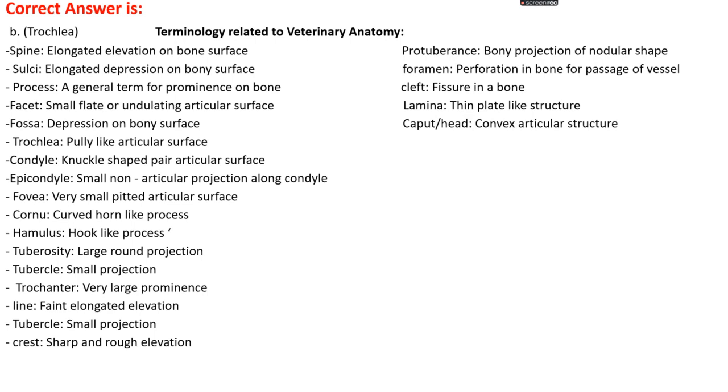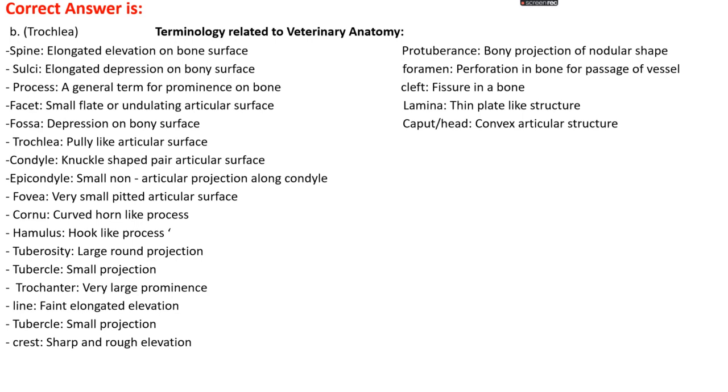Let's see some terminology which is related to veterinary anatomy. Spine is an elongated elevation found on the bone surface, while an elongated depression on a bone surface is known as a sulcus, and a prominence on the bone is known as a process, and a small flat undulating articular surface is known as a facet. When there is a depression on a bone surface, that is known as fossa. Pulley-like articular surface is known as trochlea. Knuckle-shaped paired articular surface is known as condyle,